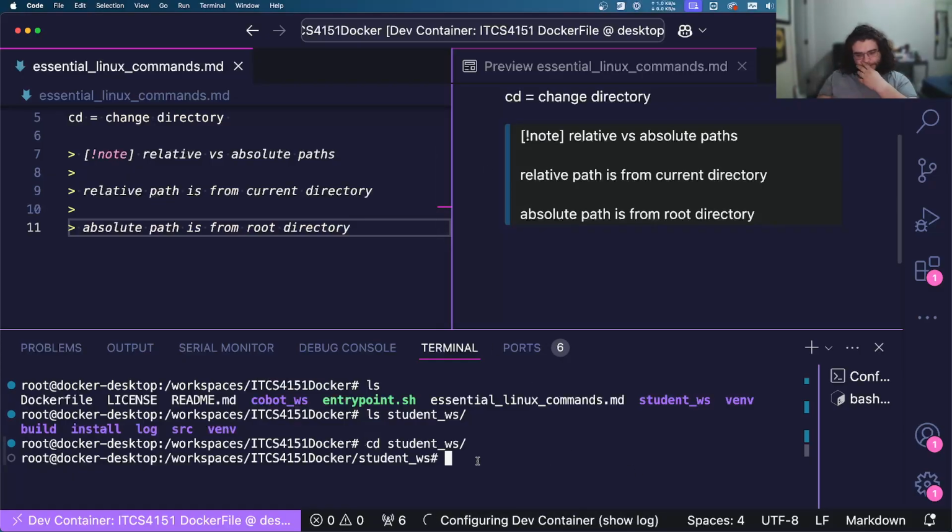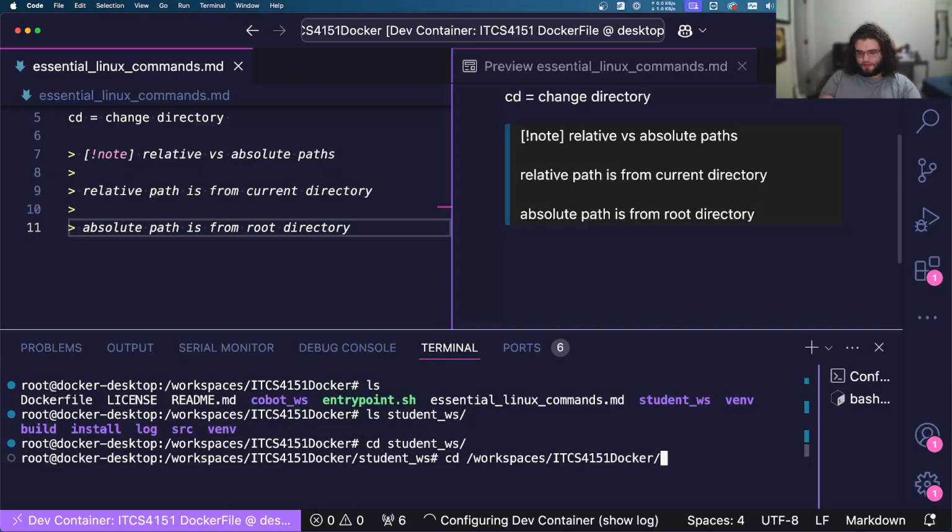So this student workspace cd command, we got to it from here by cd-ing student workspace, which is the relative file path. You can tell because there's no slash at the beginning. Now, if I want to do an absolute file path, I could cd slash